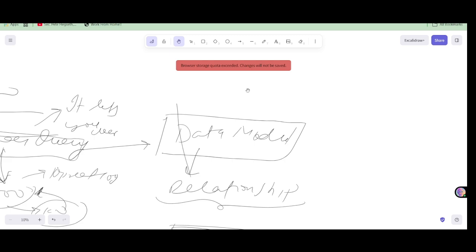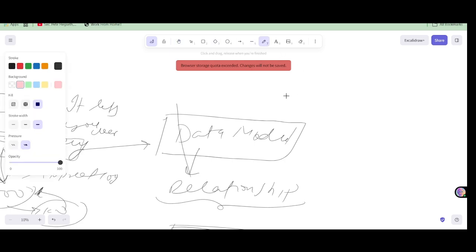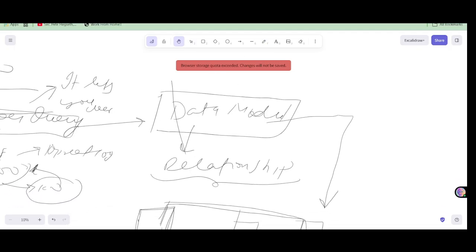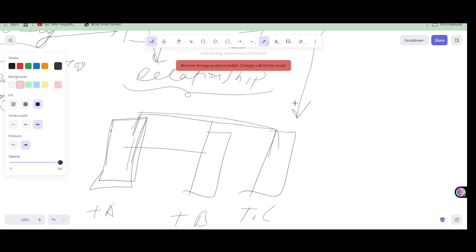We are going to write DAX queries. Very important thing. Till now, first we are going to import data from the data source, and after that we are going to use Power Query, where we will clean our data. After we are done with the cleaning part, we're going to do data models, like creating relationships among the tables we have in the data. After that, we are going to write DAX queries.